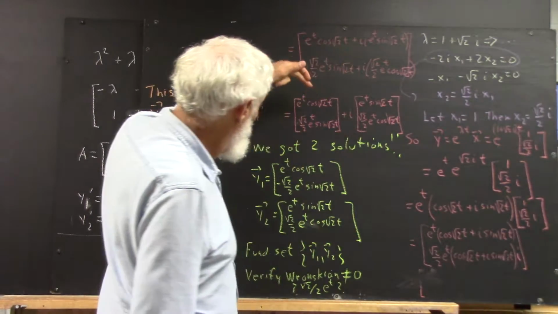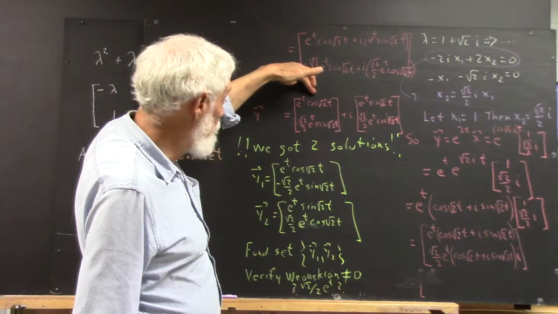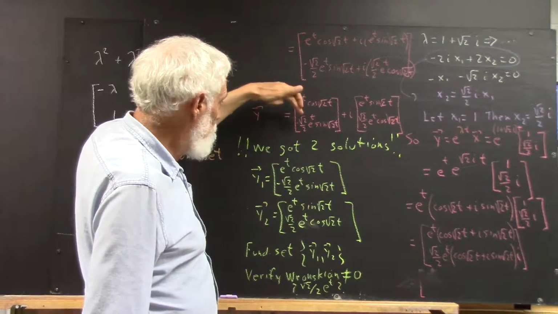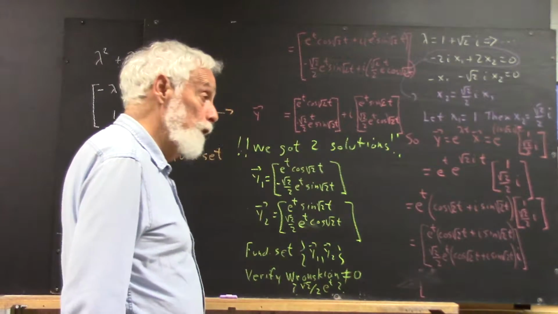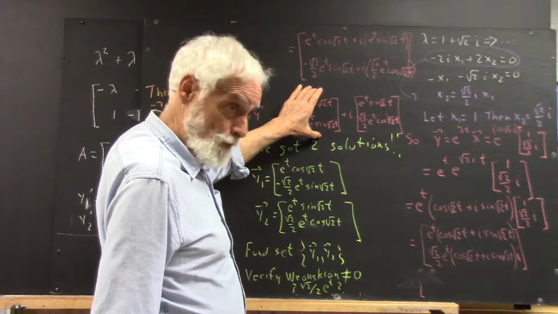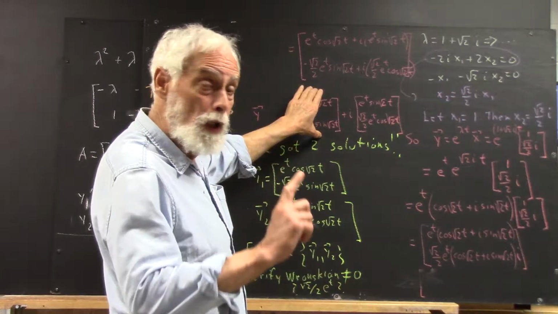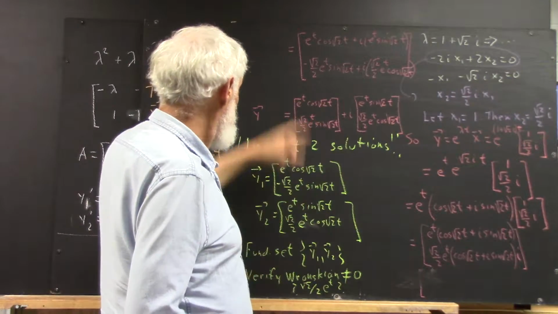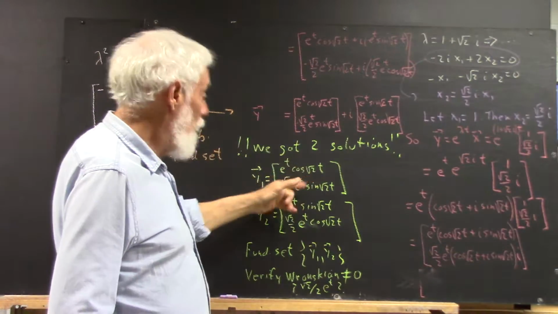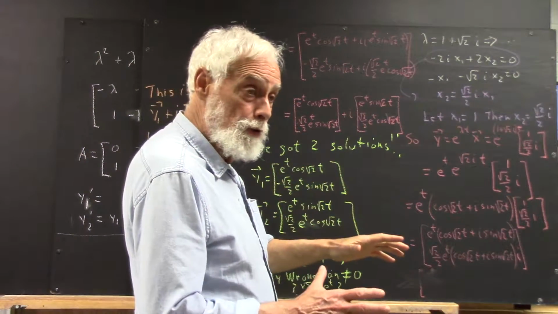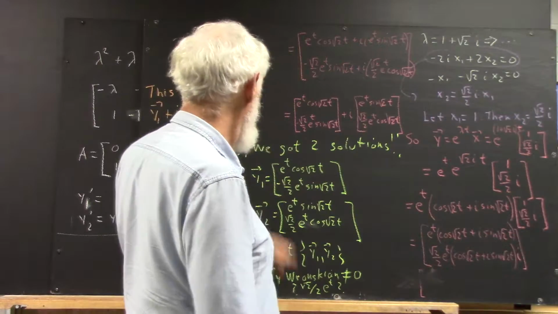So if I plug in y1 equals e to the t cosine square root of 2t, and y2 equals negative square root of 2 over 2 e to the t sine of the square root of 2t, take this vector alone, let that be y1. Okay? So I'm saying, let y1 equal this vector. That alone, plugged into your matrix equation,